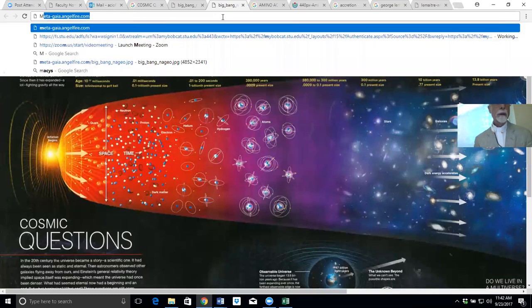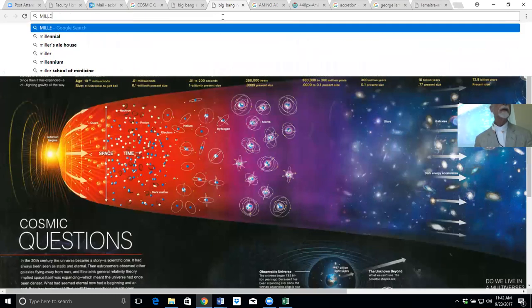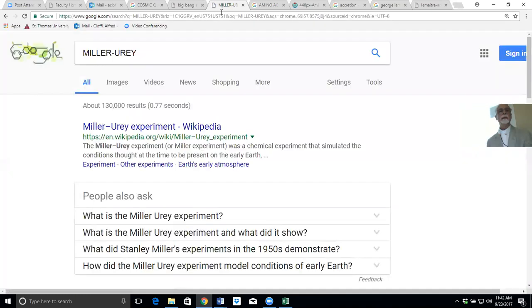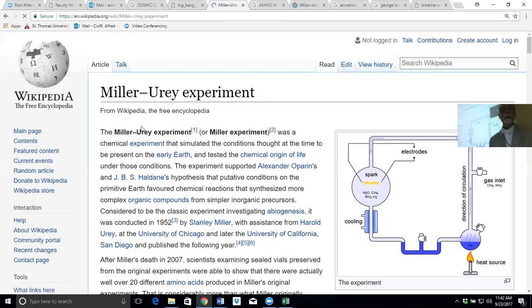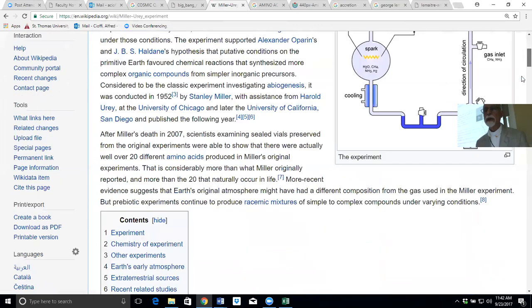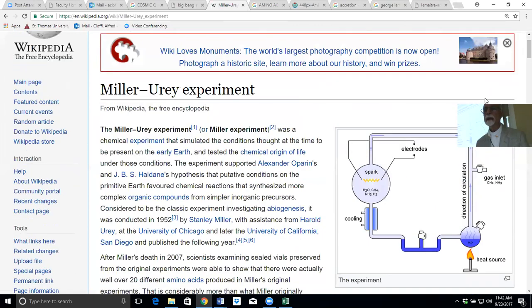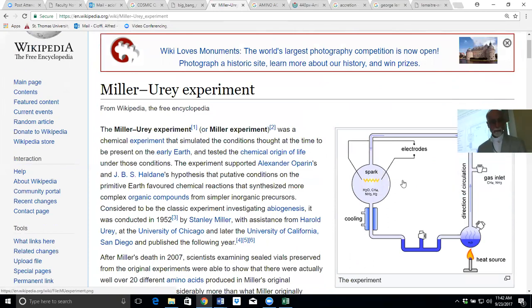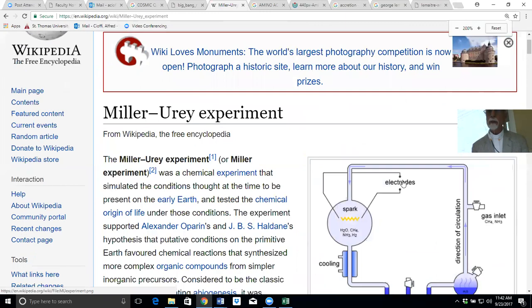So the Miller-Urey experiment should be in your notes somewhere. Some people say, hooray for Miller. So that's the contraption that they designed. And with this contraption,